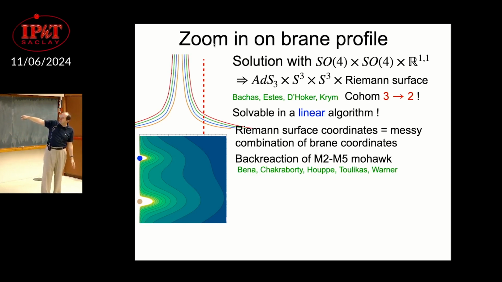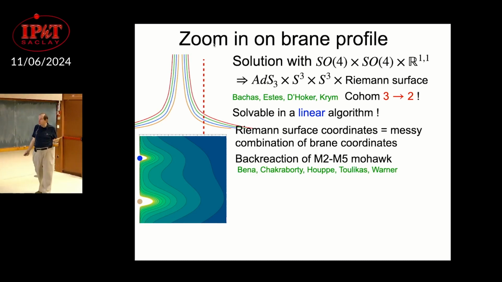For example, in this system, you can put an M2 brane which doesn't feel a force, a floating M2 brane. The system is an M2 ending on an M5. So this dotted thing is an M2, which you can put as a probe. Nobody stops you. It doesn't feel a force. You can ask, how does the M2 look in this Riemann surface? Well, it's this equipotential of this horrible thing here. So it's really a horrible set of coordinates, but the equations governing this thing are actually linear.